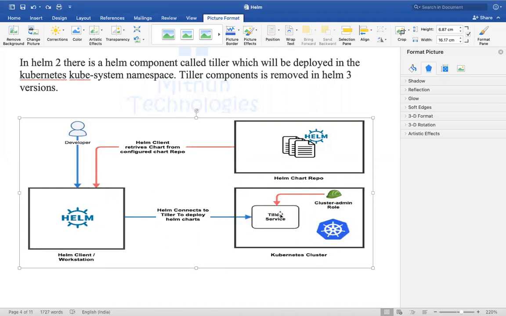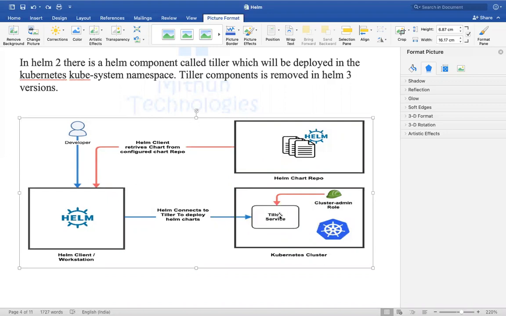This is one application, the way we have deployed some add-ons, right? So Helm connects to Tiller. Tiller will connect to the API server, and it will create pods, it will create deployments, whatever is part of your Helm chart. Now, in case of Helm 2, you need to deploy one application called Tiller. This Tiller needs permissions to the API server, because Tiller will connect to the API server and it will create pods and deployments.